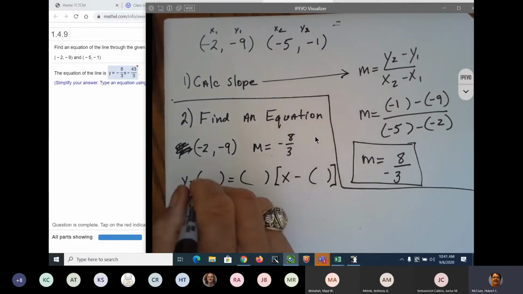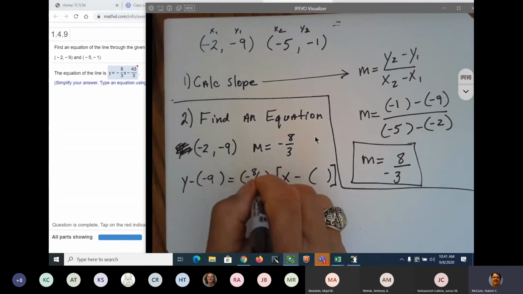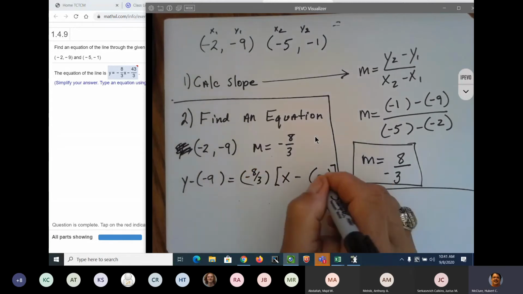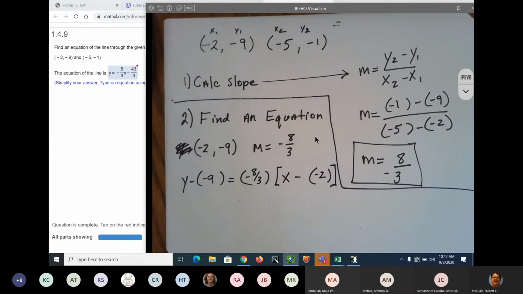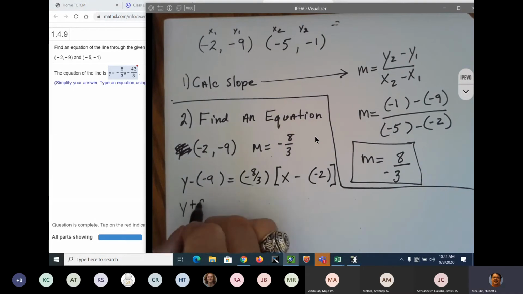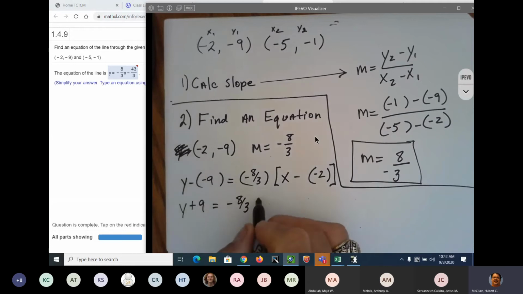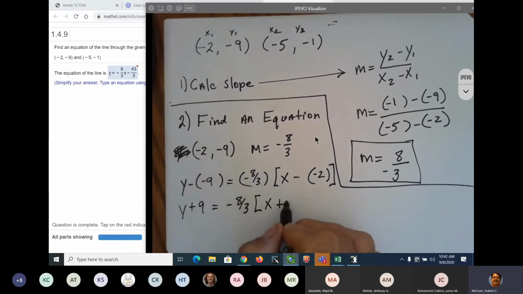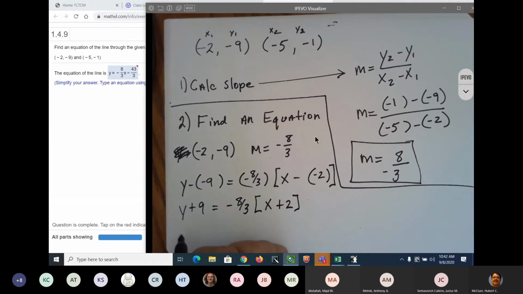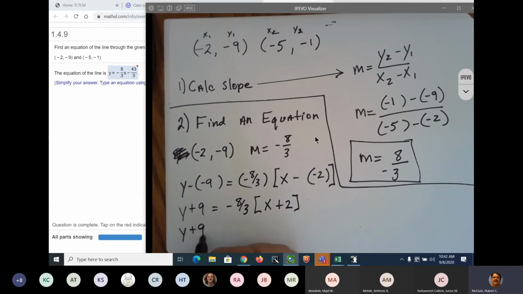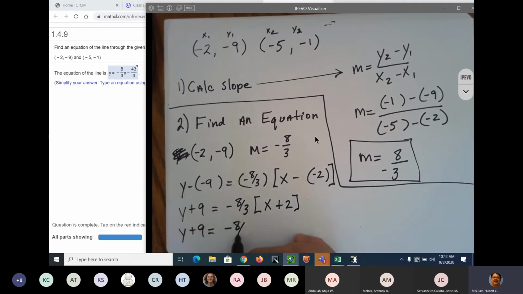And I put a negative 9 here, and a negative 8/3 here, and a negative 2 here. Y plus 9 is equal to negative 8/3 times x plus 2. Y plus 9 is equal to negative 8/3 x